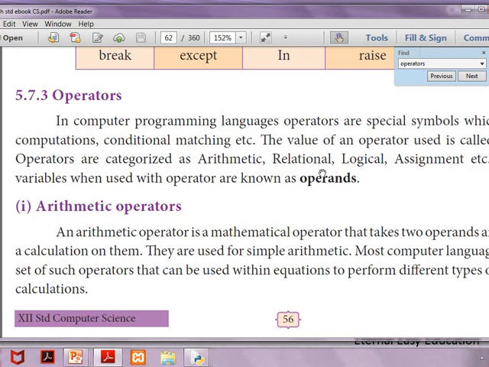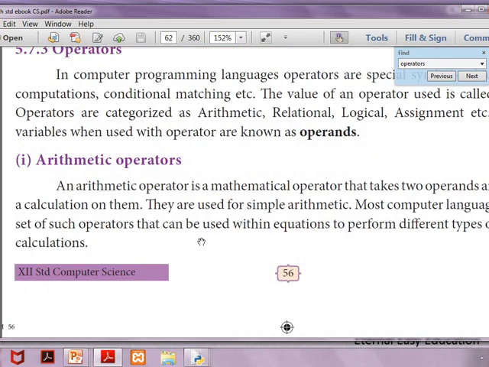Here we must know two terms. One is operator, another one is operands. Operator is symbols like plus, minus, likewise. Operands are the variables or the values on which the operator is doing its calculation part.